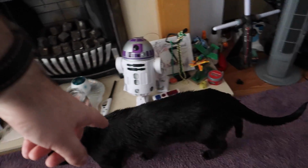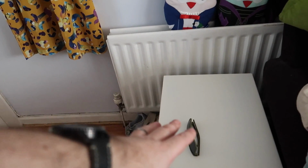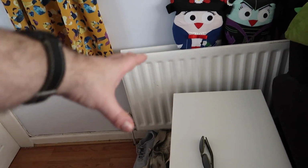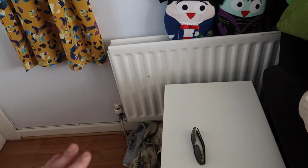We did buy a couple of other bits from Ikea. This one, Mr. Gin here, please stand still for 2 seconds. Mr. Gin here likes to sit by this radiator and rest his head. He likes it nice and warm. But he was sat on the old table that was here, which was a circle one with only 3 legs, and he sat too close to the edge and it fell over. He was fine, he didn't get hurt, but we decided rather than risk him doing it again and getting hurt,